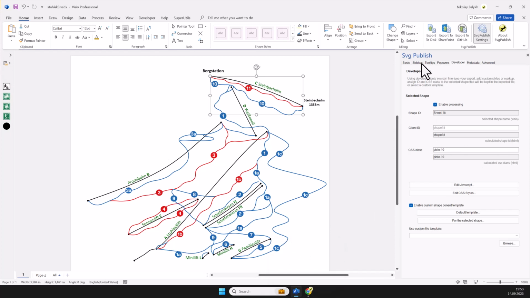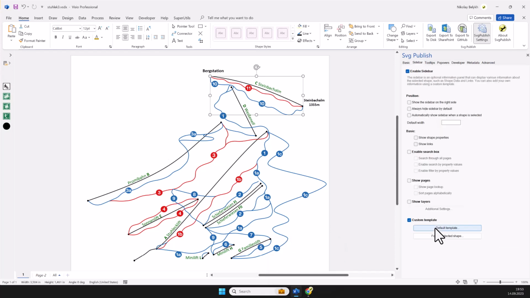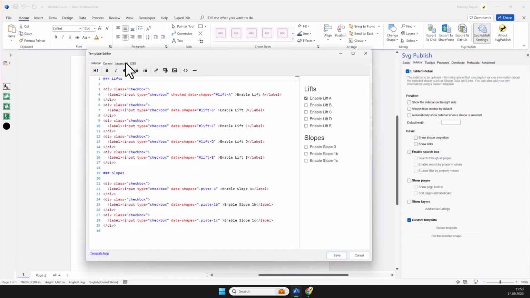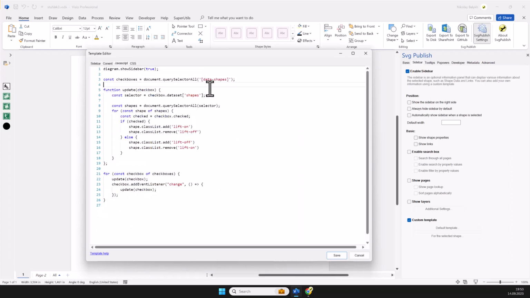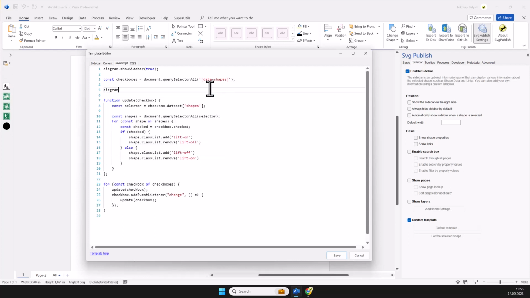already in the script. Here actually the script editor in Visio for the things that will be incorporated supports some autocomplete. So you're not completely lost about what you can do. And the root object for the SvgPublish itself is a diagram object, right? And if you try to type here, for example, diagram dot, you will see all the properties which exist on the diagram. So for the diagram you can get shapes, you can set selection, you can get layers, pages, and other stuff like that. Yeah, so for example, for the shapes it is a map,